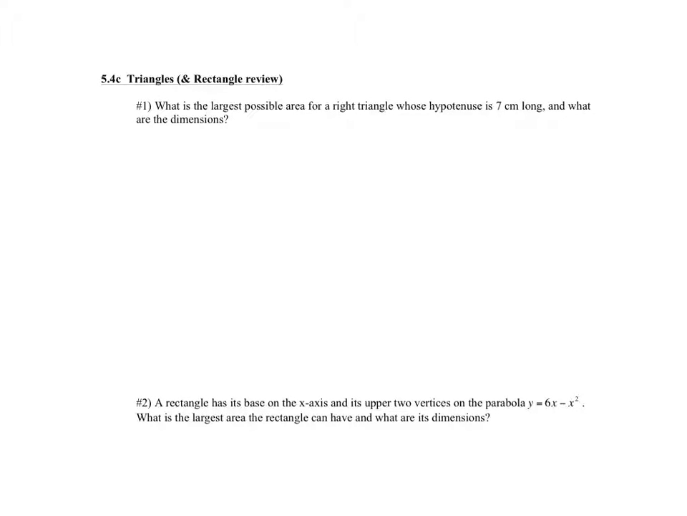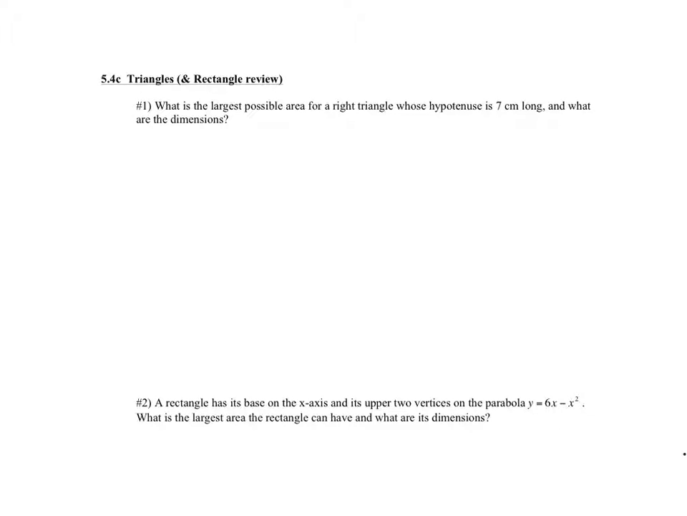So we're going to continue our max-min problems, and we are going to start some triangles. Triangles are a little harder than rectangles, and we'll do one triangle and a rectangle for today. So 5-4C, what is the largest possible area for a right triangle whose hypotenuse is 7 centimeters long, and what